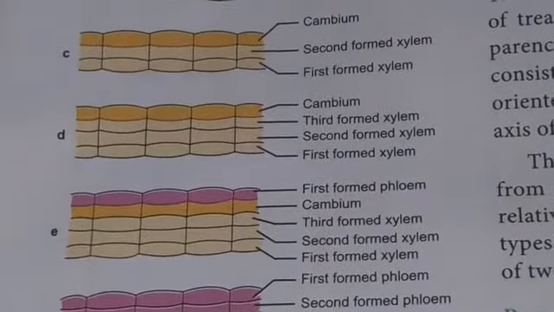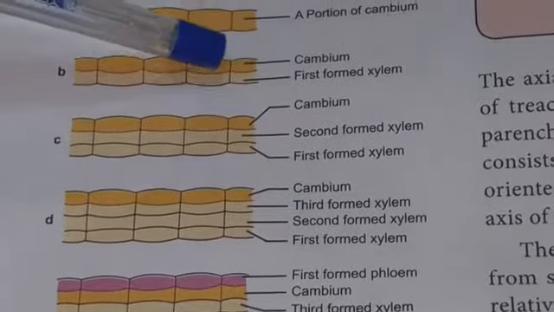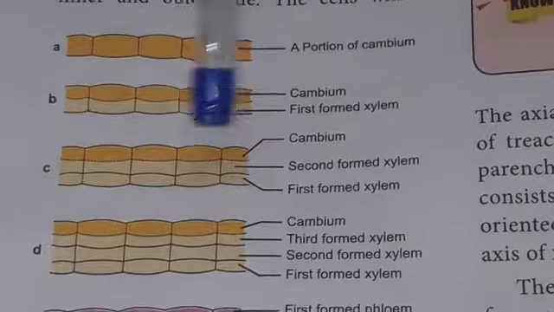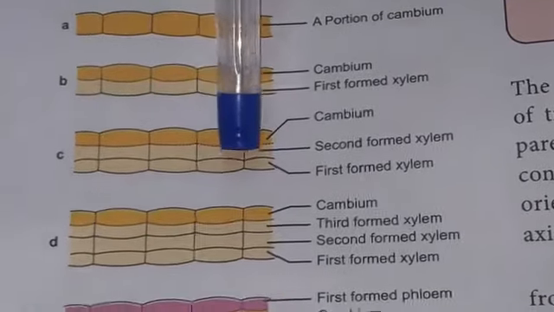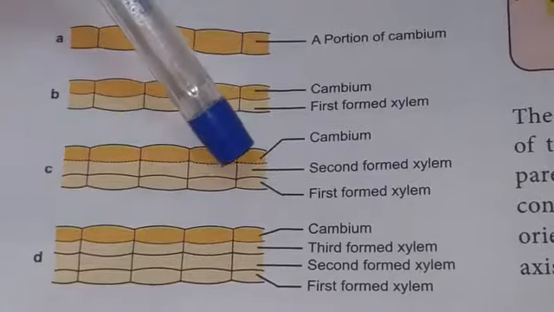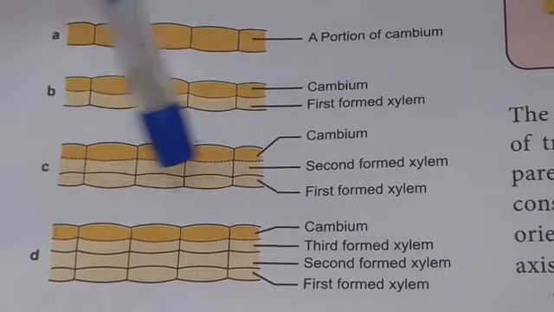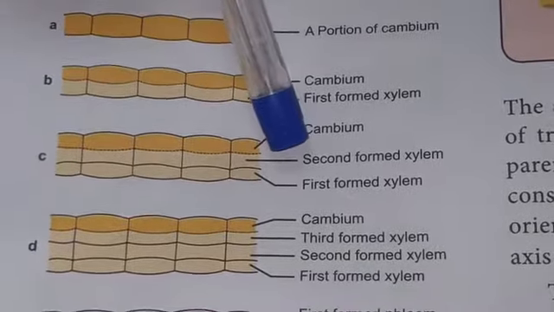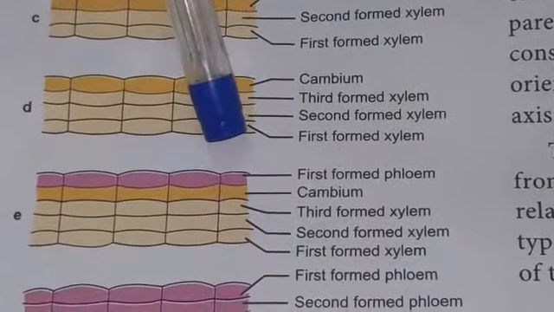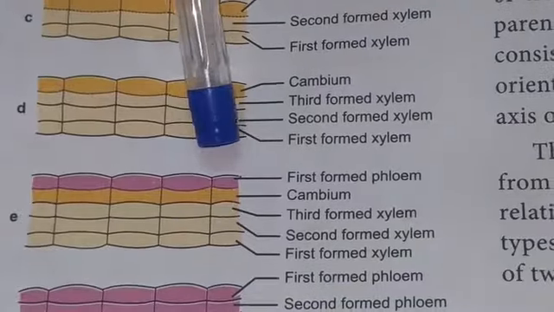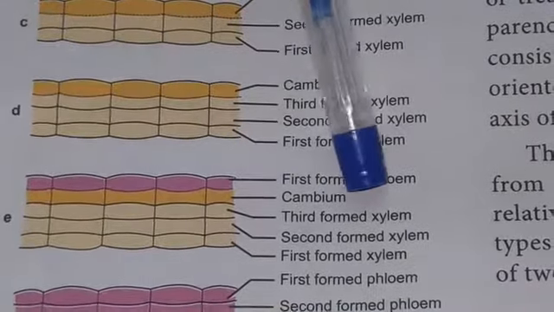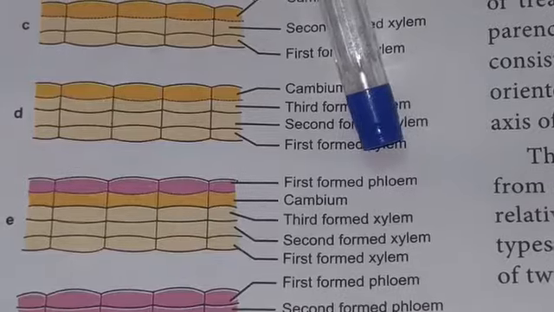Take a portion of a cambial cell. The cambial cell first divides on the inner side. It forms the first formed xylem, and the first formed xylem is moved far apart from the cambial ring, and newly formed cells are nearer to the cambium. So the second layer, third layer form, and new cells on the outer side form the phloem. Inner side it makes the xylem and outer side it forms phloem.